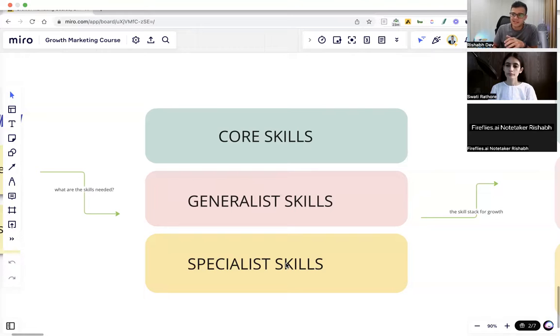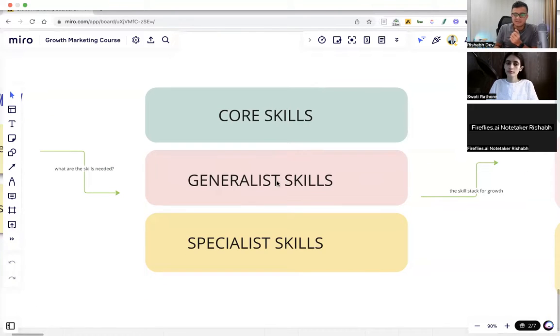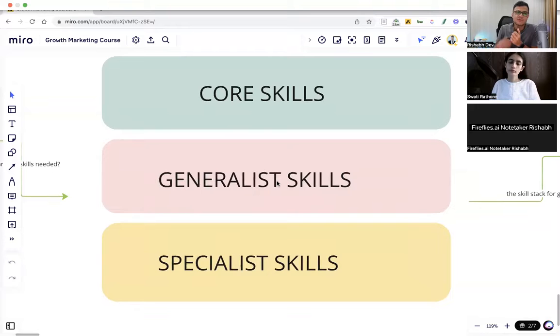One of the things that you could already see is that if you have to be creating something new, whether it's a new video or content, or it's design, you have to have a creative mindset. Your creativity is something that has to be in your core skills. And then being able to focus on an art form or a creative form, you'll have to understand the general skills that